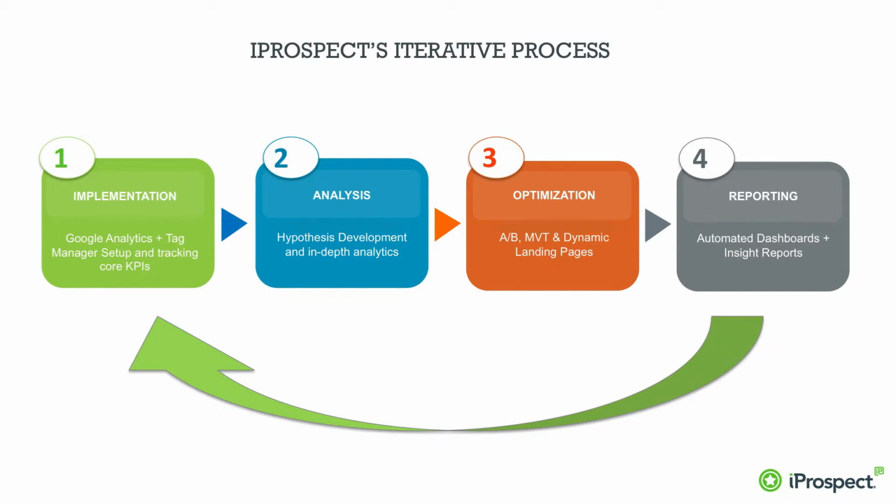So based off of these building blocks, user experience, scientific method, and persuasion marketing, iProspect has developed a 4-step iterative process. Step 1 is implementation. So what we want to do here is audit the site for existing tags. We want to see what's on the site today and see how we can make it better tomorrow. We want to be sure that we're tracking core KPIs. These KPIs could range from the micro level, like video views, PDF downloads, or email signups, to the macro level,